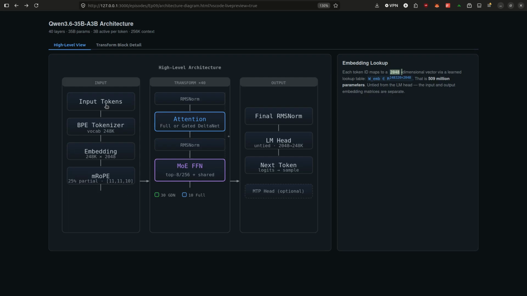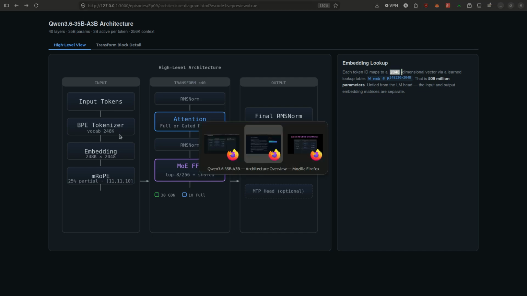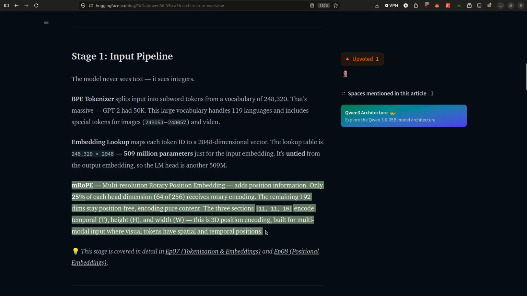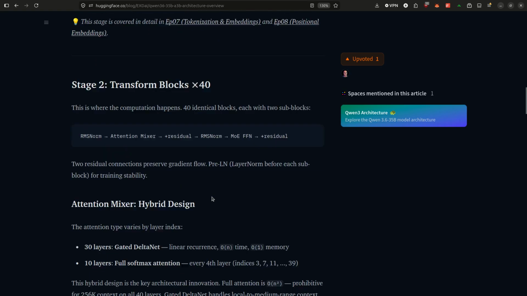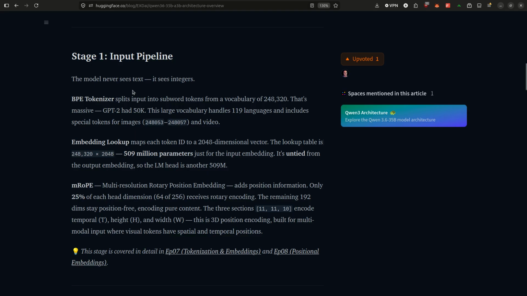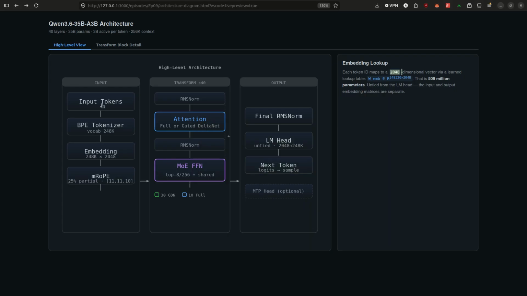Okay, so this is the input stage. Let's just go through it. So we have the tokenizer, we have the embedding lookup, and then we have the positional embedding. We will dive into this deeper, and we have already covered this in the last 2 episodes. The next stage, once we do this, right? We understand what the boxes do. Actually, let's just go over it again, just to set the tone for the rest of the episode. What we're trying to do is understand what each of these boxes does at a high level. So we won't understand it perfectly, we'll just get a sense, a sort of feel for what it is before